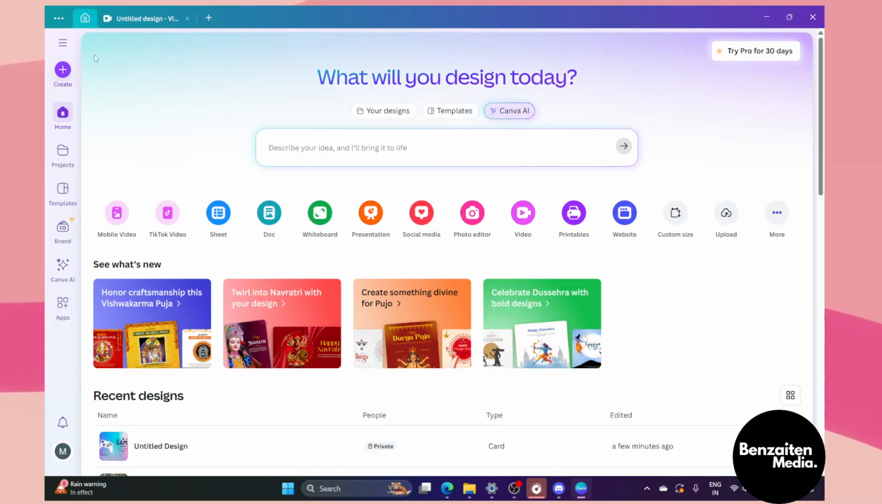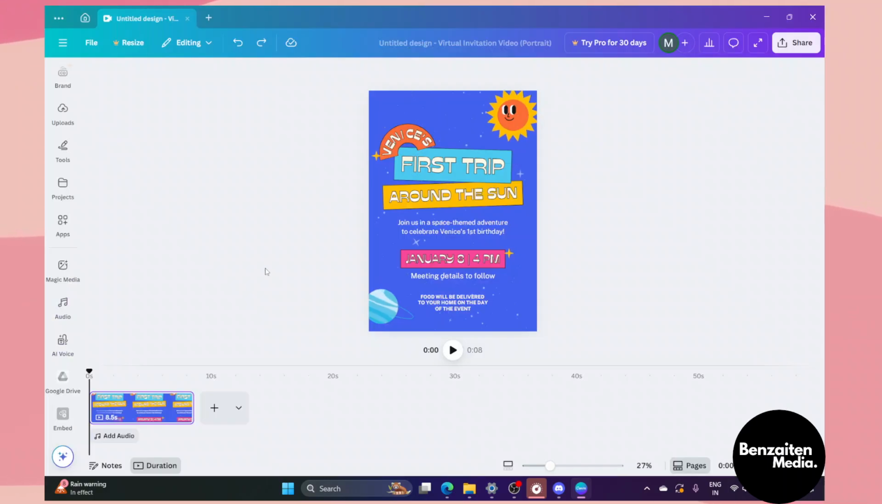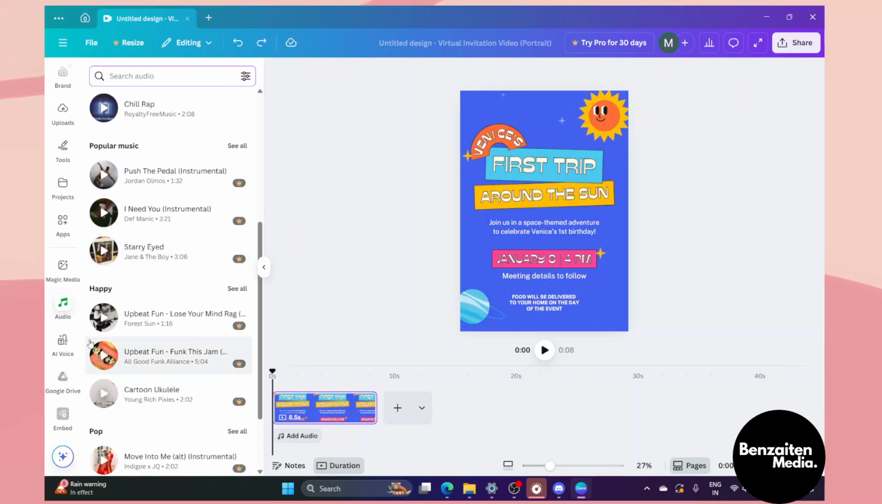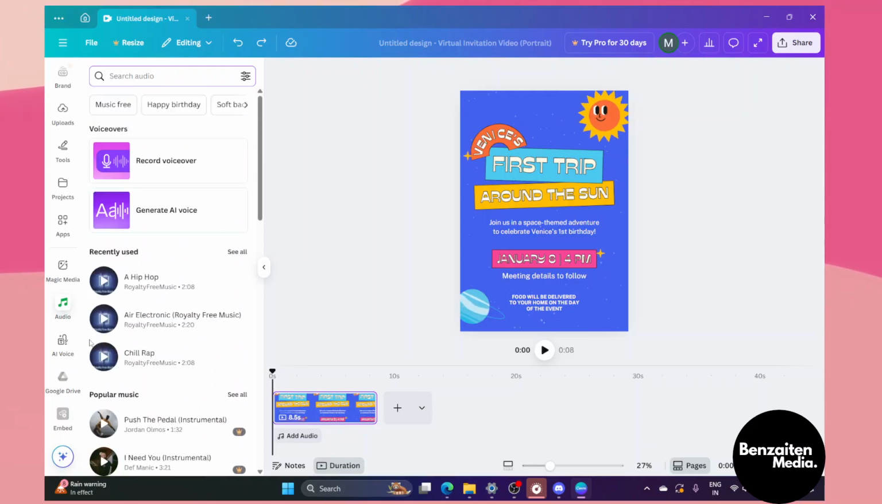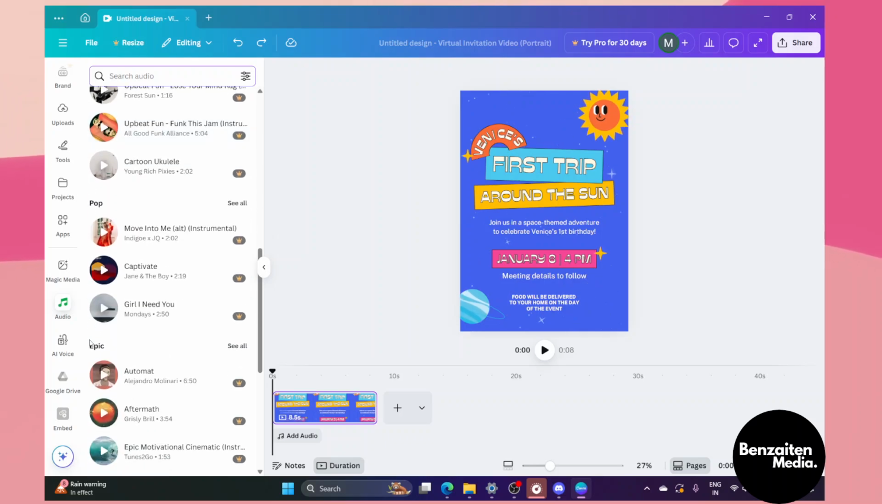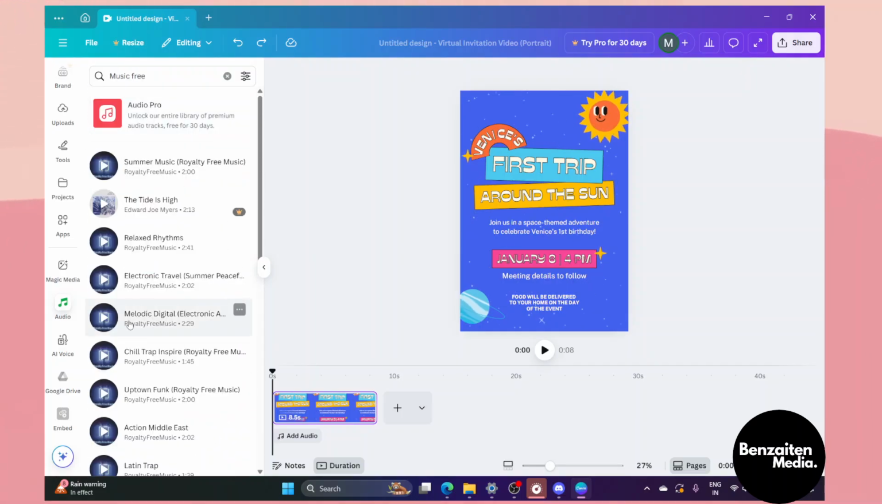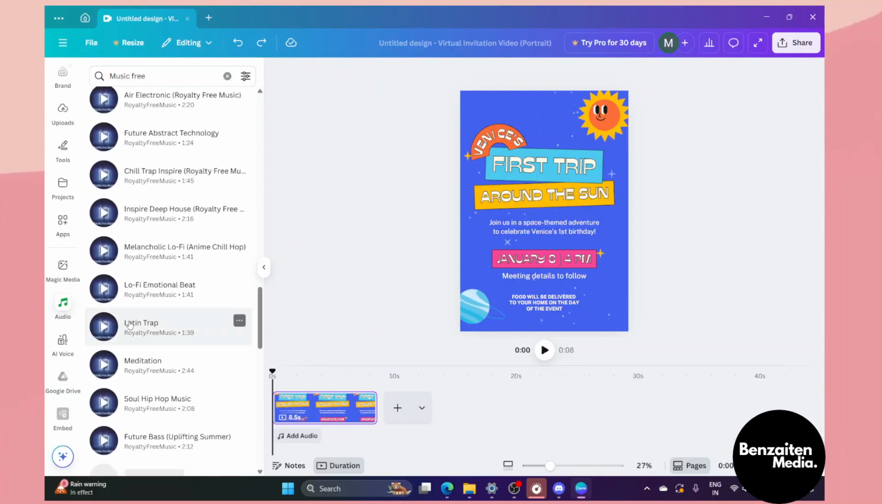For example, I'm opening mine now. Here you have to look at the left-hand toolbar and click on the audio tab. Now, here you can explore; there are so many audio tracks available. If you have Canva Pro, then you can use the Pro ones available. If you don't have it, just click on Music Free, and there are a lot of tracks you can use